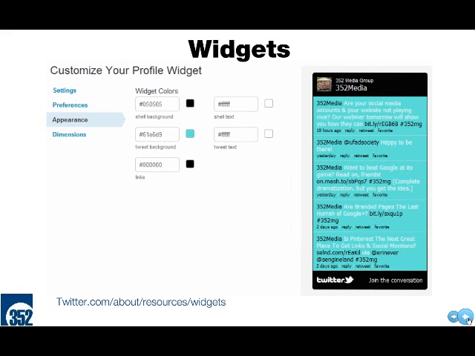There are a couple different options for Twitter widgets. Now, the one that we're showing right now is the official one that you can get through Twitter. It's extremely easy to integrate. All you do is select the different colors that you want, put in your domain handle, and then it'll pull the code for you to actually implement yourself. Well, this is great, and it's certainly easy. You can see that it does limit you to the style and the type of post that you can put on there.